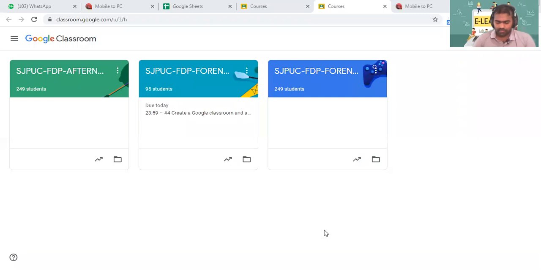Sir, when we record audio in the PDF, will it remain as a PDF when it is converted into video, or should we convert it again into PDF? Or will it be created as a link? Sir, for example, there is a PDF. I record my audio into it. You told that the video will be saved in the video drive. Now, from that video drive, in order to share it to our students, do we have to convert it to some YouTube link, or will it be in PDF format?